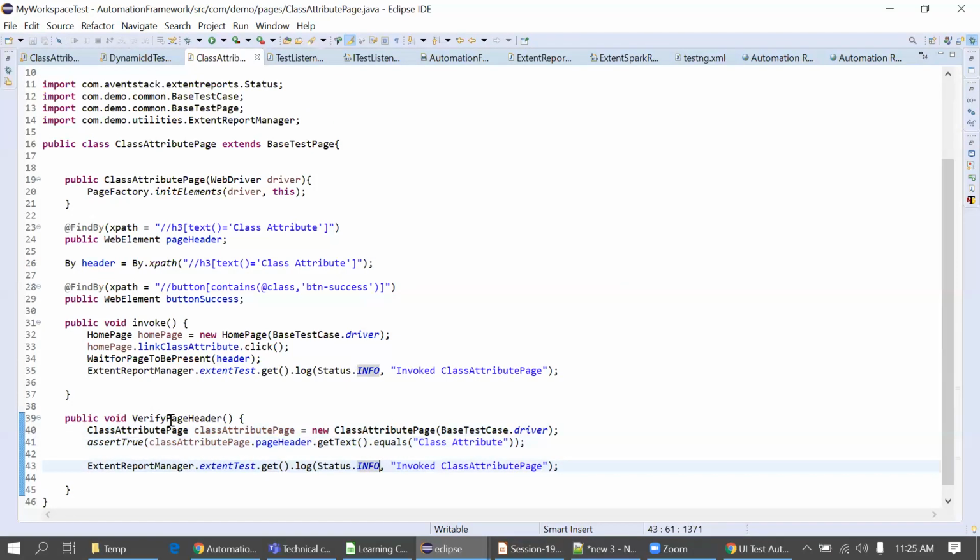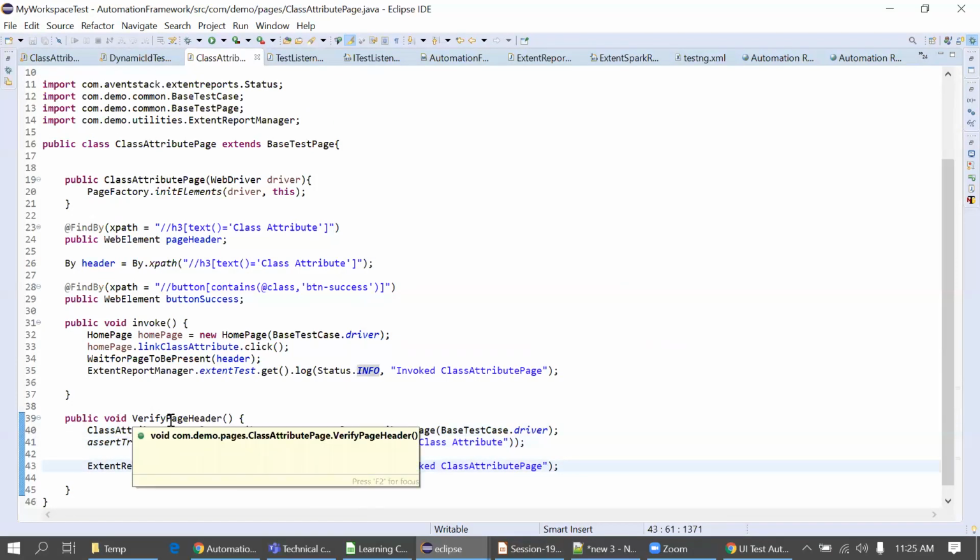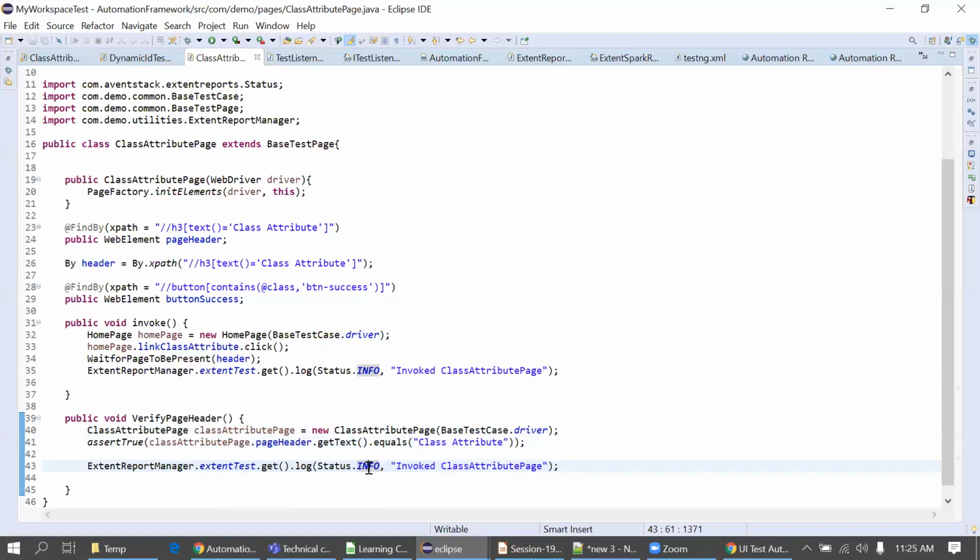Now we are actually doing the verification, so instead of info, I will make it a pass. Okay, pass. So what I'll do, class attribute page.